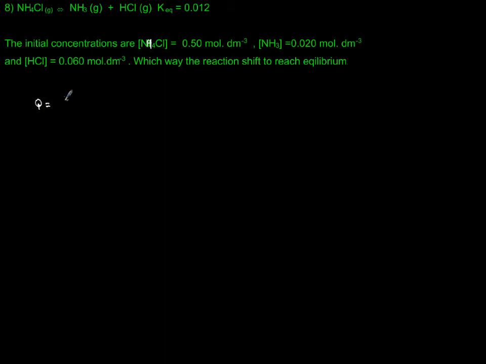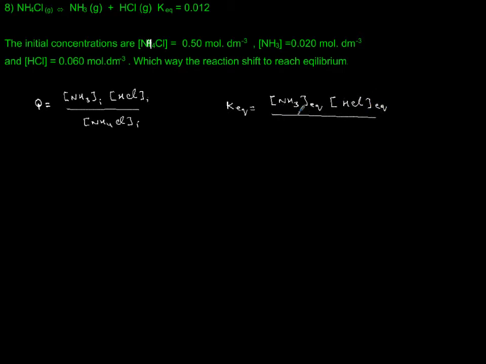And reaction quotient is like K equilibrium, except this time your products and reactants are at the initial stage. So you plug in numbers, and then you want to compare it to K equilibrium, which is the same ratio except the concentrations are at equilibrium. And then we are going to say, are you going to go toward product or reactant? So let's just calculate our